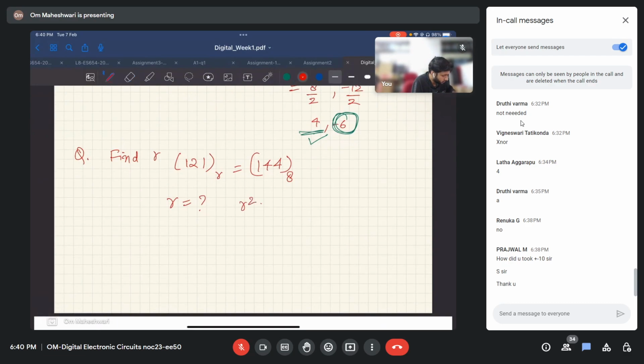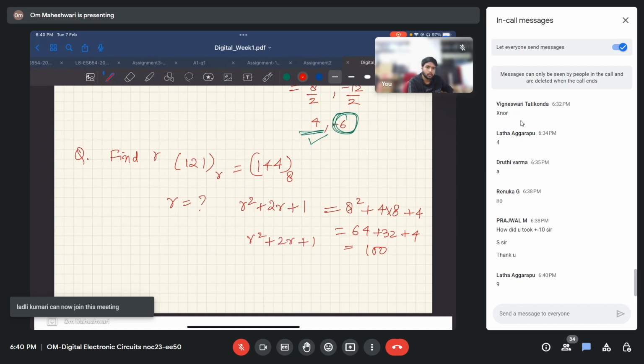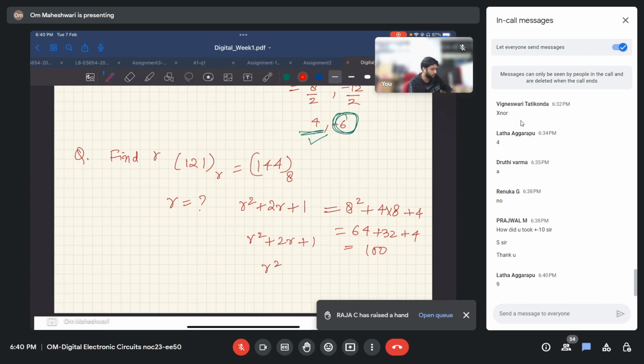It will be R square plus 2R plus 1 equals 8 square plus 4 into 8 plus 4. Right? This will be 64 plus 32 plus 4. So, 100. Yes, Latha, you are correct. So equation will be R square plus 2R minus 99 equals 0. And if you solve it, you will get R equals,